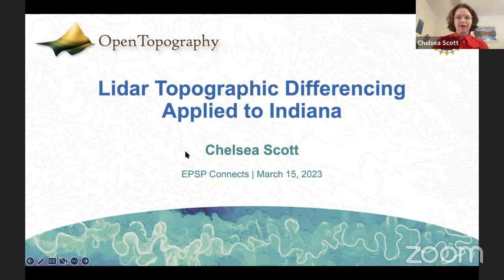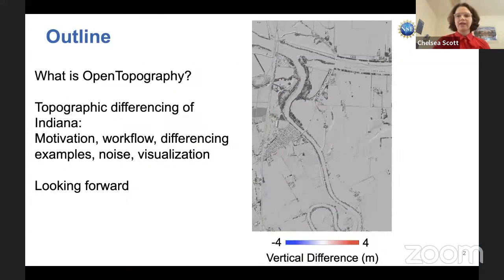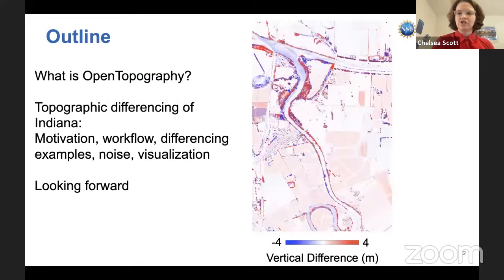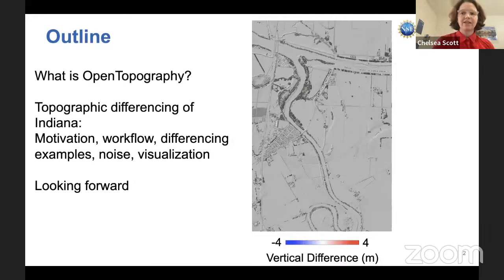Today I'm going to talk about a project done by the OpenTopography team, and we recently completed LiDAR topographic differencing of the full state of Indiana. So in this presentation today, I will discuss what OpenTopography is, which provides the context for completing this project.